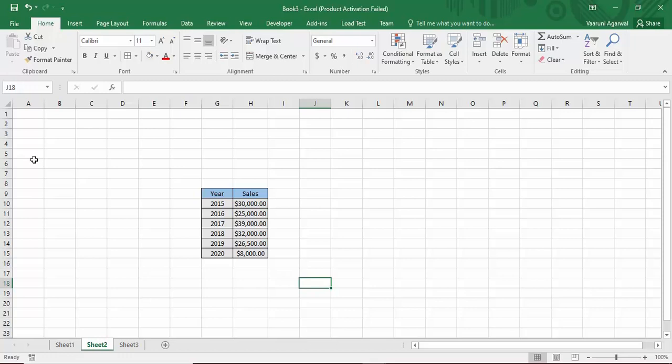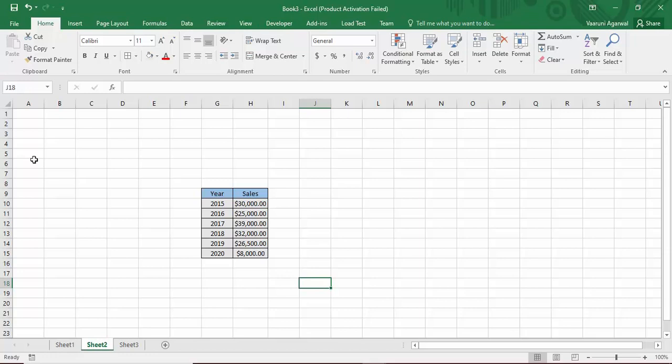In today's Microsoft Excel tutorial video, we will see how we can create and customize pie charts in Microsoft Excel. Pie charts are used widely in presentations where you want to present data. So we are going to see, first of all, how you can create a pie chart in Microsoft Excel out of the given data, and when you have created a pie chart, how you can focus on particular data that you want to show to your viewers or to your clients.